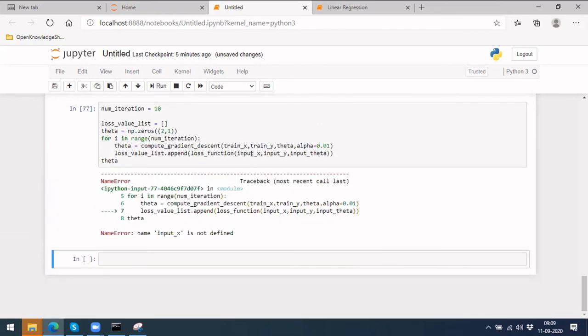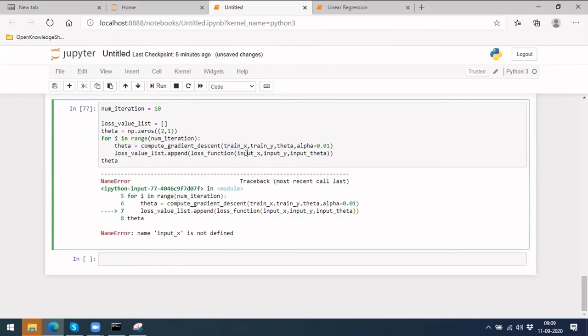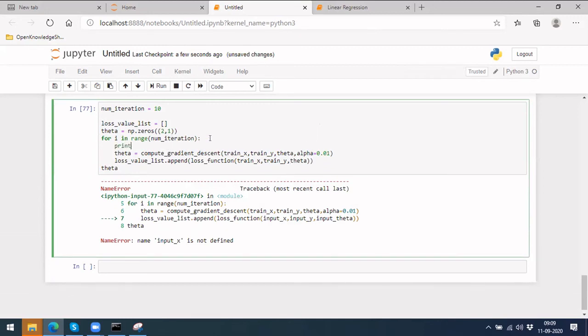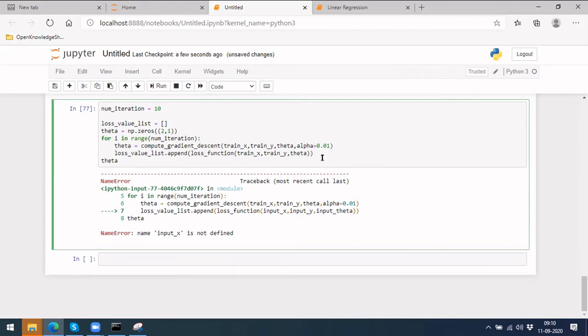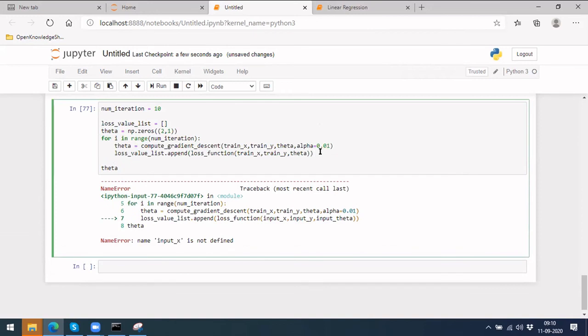Okay, so now all is done. Just set input x, input, and theta would be theta, right? And number of iterations, you want it to run till 10. Let's print what the values are at this level. Let me put it in a new line.